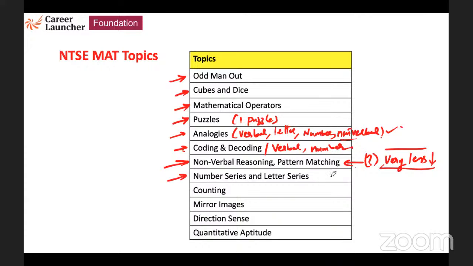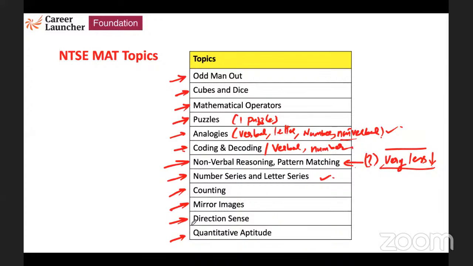Number series and letter series, very important, but sometimes it will be really frustrating for us to do these. Such frustrating questions will definitely be there in the exam. One such question, two such questions can eat away your time. Your smartness is in leaving that question. Then counting, mirror images, direction sense, and certain questions in quantitative aptitude. Now, not all the time you have too many questions in quant. We will figure it out as we go along. As I said, I have picked up about 80-90 questions for us. We should try to do it in 80-90 minutes, so that we just enjoy this entire session.